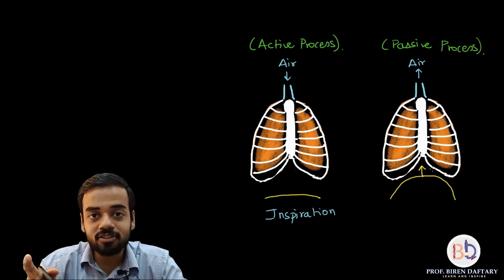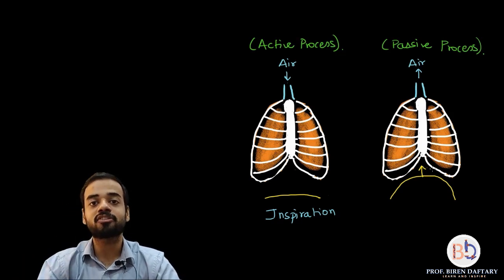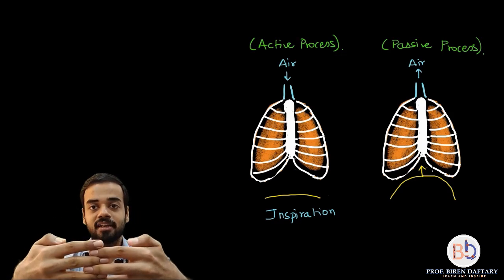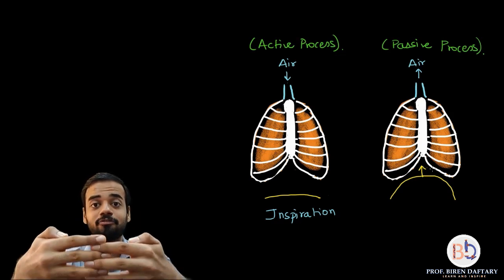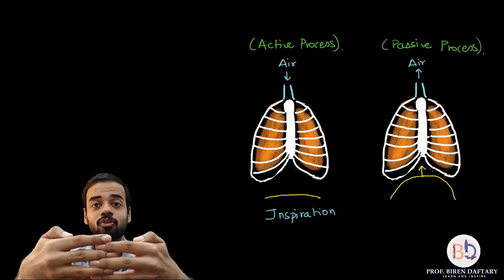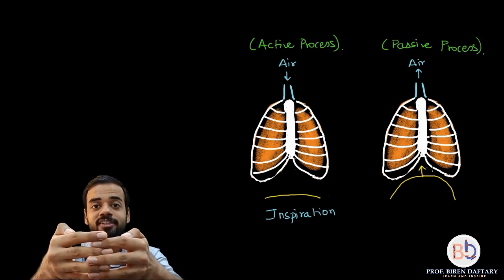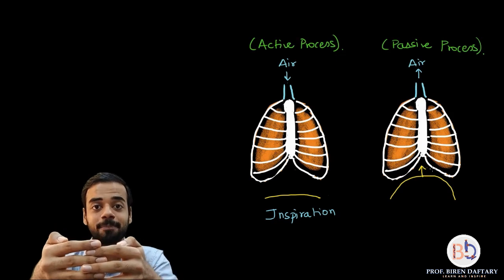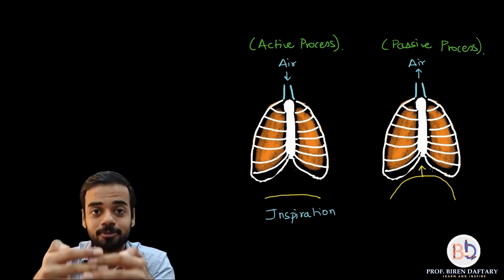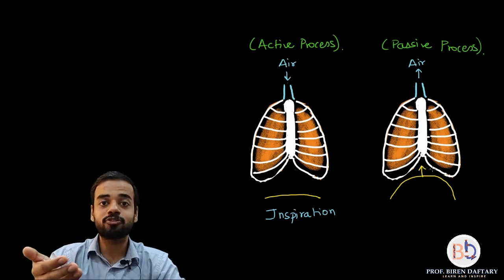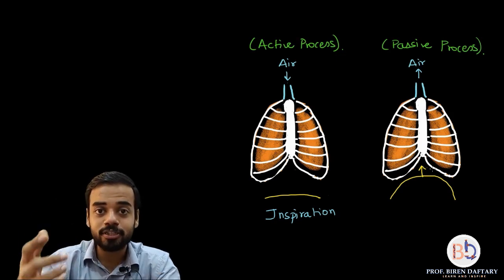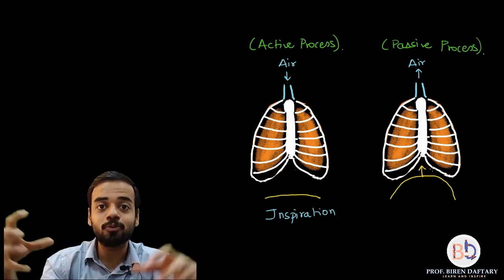The second thing which is going to relax is what? The intercostal muscles. So your rib cage is like this, correct? Now the intercostal muscles will relax, so their length will increase. So again the rib cage will close in a bit. So again the rib cage space, or the thoracic space, has reduced. So space from below has also reduced, space inside the ribs has also reduced. So all that is going to put pressure.